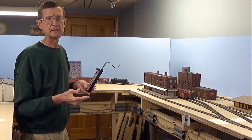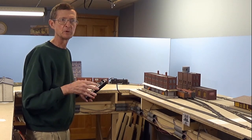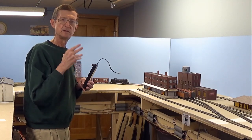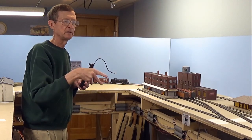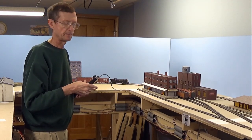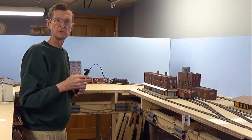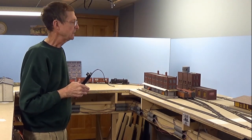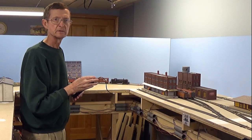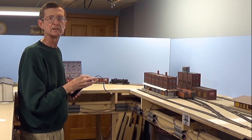This is a simplex system. Digitrax does have a duplex system which came afterwards, but this is simplex, which means that the signals go from here to the receiver in one direction only. The main control unit can't feed signals back to this, only in one direction. So I send the signals to the receive unit, which is up on the wall back here, and it controls the locomotive. So what I'm going to do now is take the locomotive out,